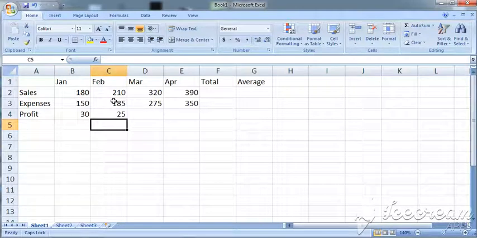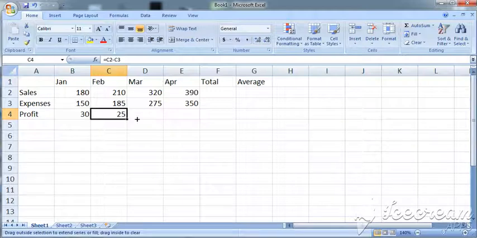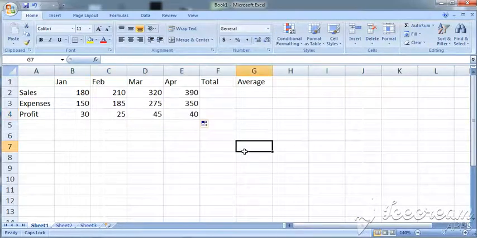So how can you copy? Normally click here where you already created the formula. Just select it and then you can see here is equal to C2 minus C3 in the formula bar. So what you have to do: go to this sign and when you get a plus, select and then drag it, and you just copy the formula.